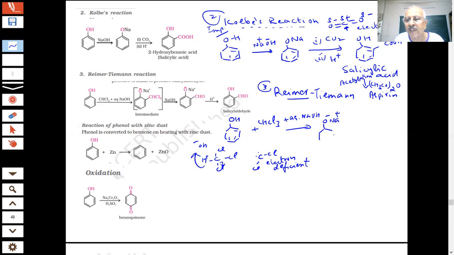इसका मैकेनिज्म हमने अलग से डिस्कस किया है यूट्यूब में, आप उसको पूरा देख सकते हैं। बोथ दीज रिएक्शन मैकेनिज्म आई हैव डिस्कस्ड। कोल्बे रिएक्शन और राइमर टीमन का मैकेनिज्म आप मेरे यूट्यूब पर देख सकते हैं। तो मैं अभी इसको पूरा यहाँ डिस्कस नहीं कर रहा। सर, आते हैं मैकेनिज्म दोनों के? हाँ, कई बार ये मैकेनिज्म के चांसेस कम है, पर अगर समझना है तो आप देख सकते हैं।